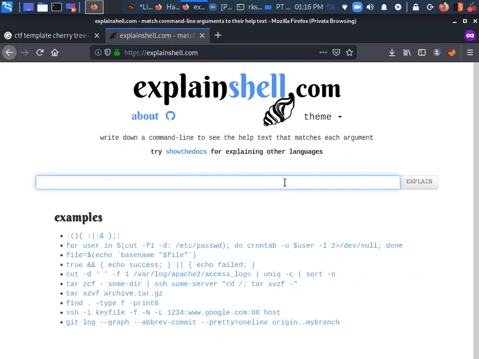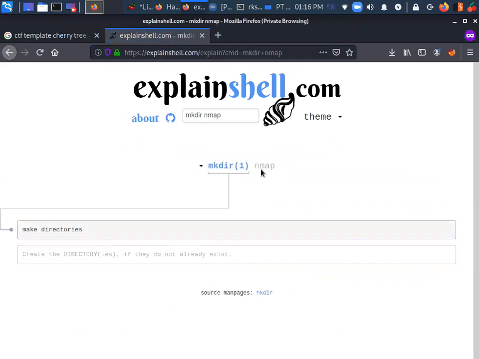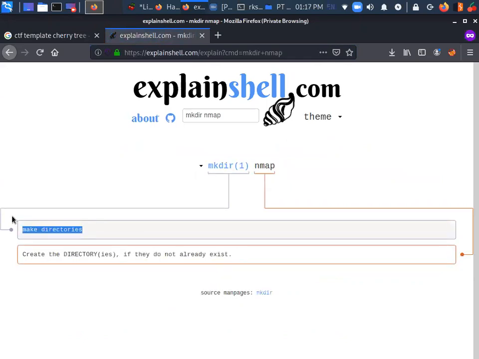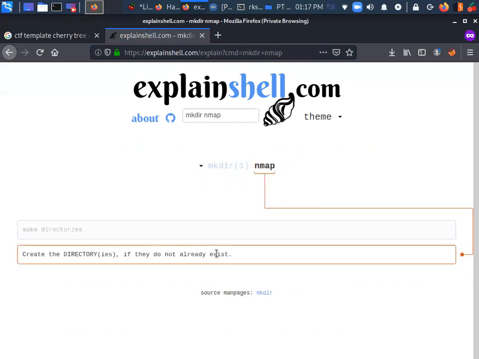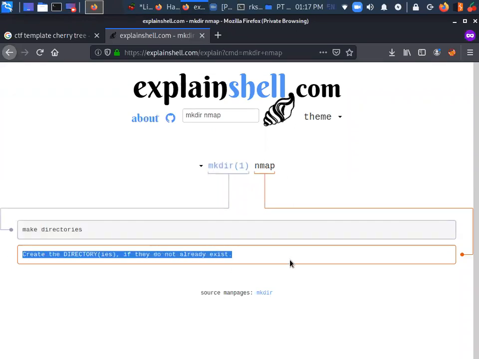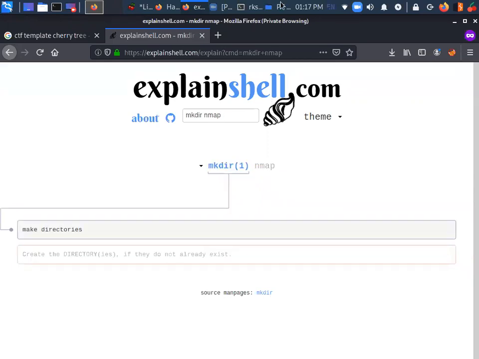Like this, it says make directories, and this is the directory name. It says create the directory if they do not already exist. Getting my point?